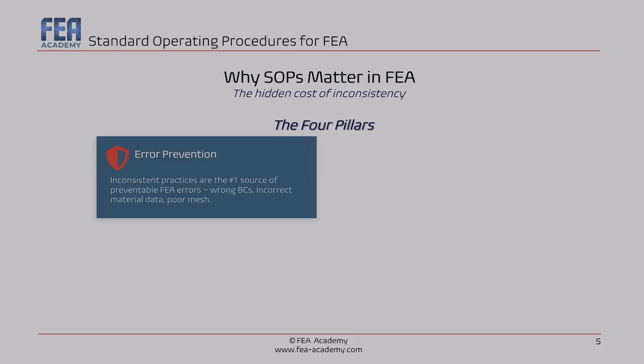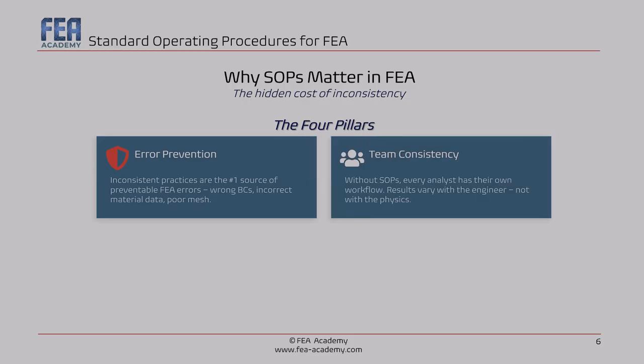The mesh is generated, the loads are applied, the solver runs, and the results, stresses are 1 million times too small. If you're not checking units, which most people don't explicitly every time, it's a disaster. So a unit consistency SOP, 3 lines, a checkbox, eliminates this class of error definitively, forever. Okay? Let's jump to the second pillar, the team consistency.